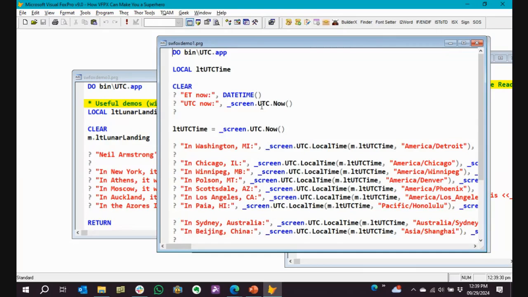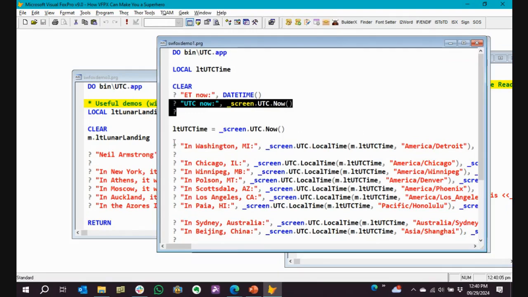So we have the UTC Date Time Project, and this project gives you the time as well as coordinated universal time. If I want to know what the universal time is right now, all I have to do is run the UTC app. Once I install the project, I run the app, and now I have an object on the underscore screen object. If I want to know what universal time is right now, I call the now method.